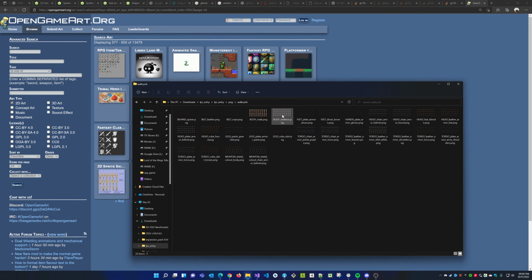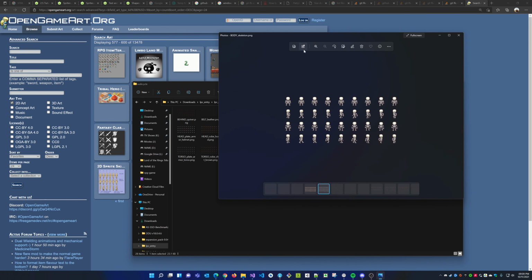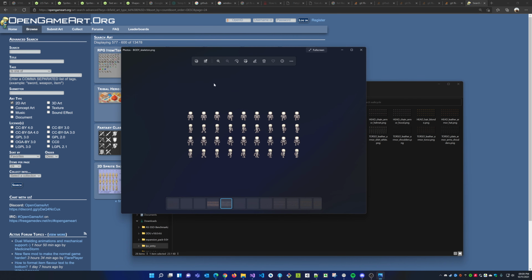Anyways, okay, so let me talk about transparency. This is really important for people who don't know what transparency is. If I open this image, the color of my window is kind of bluish, dark blue, and you can see that there's no white background. You can only see the character.